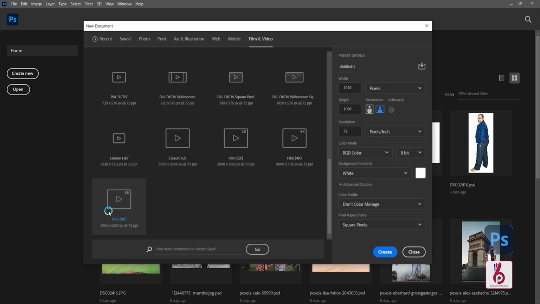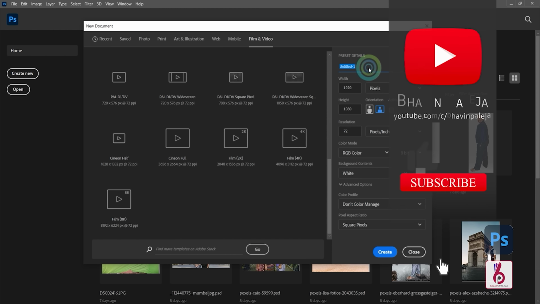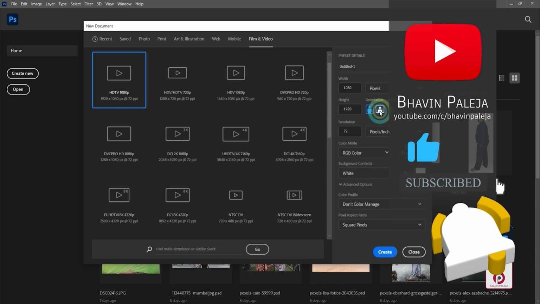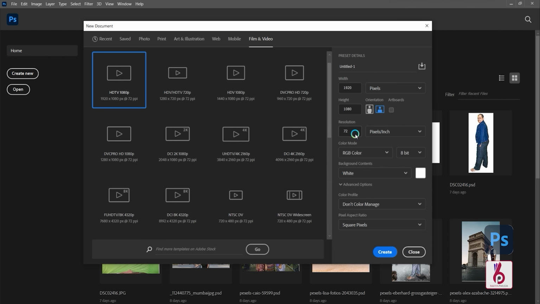If you want to set a manual new document, you can use width, height, or you can set unit in pixels, inches, centimeter, millimeter, or picas. Or you can change the resolution, which is in pixel per inch or pixel per centimeter.